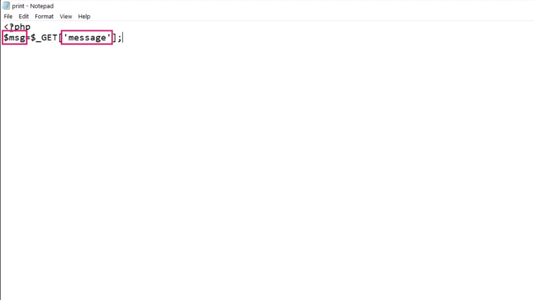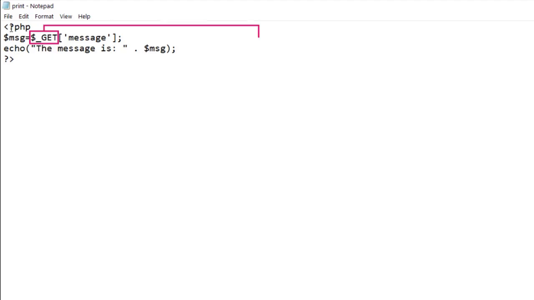So moving on, we store this value now in this variable. The variable here can be given any name of your choice. We are using it to make the naming simple. Then the code echoes the string given here and concatenates the message of the user with the string, and then prints the output. We use this dot here to concatenate the two. Like we mentioned earlier, we can also use the post method here. For that, we will just have to change this name here to $_POST, and also change the method parameter in the HTML code from get to post.